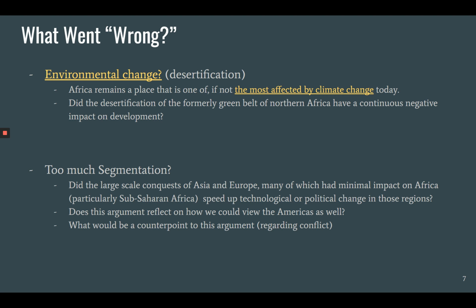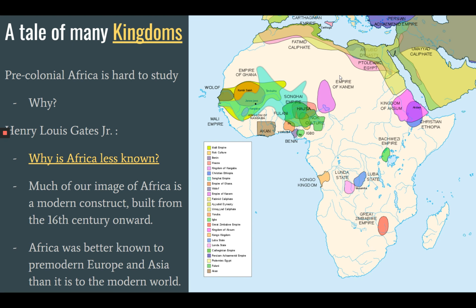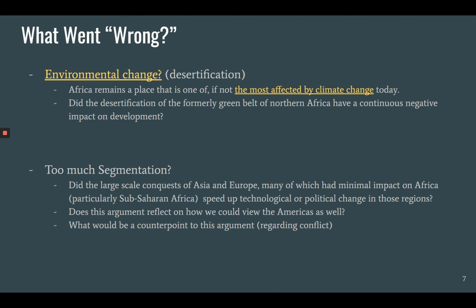How about segmentation? This is an argument that goes alongside that one and is perhaps, to me, slightly more convincing if you look at it together with environmental change. If you look back at that earlier map, we see a lot of segmentation across Africa, right? There aren't kingdoms like the Mongol Empire that end up overtaking all of the continent, not even close, in fact. They're all only a small percentage of the total of Africa. And that could result in maybe a broad weakness to the impositions of larger empires.